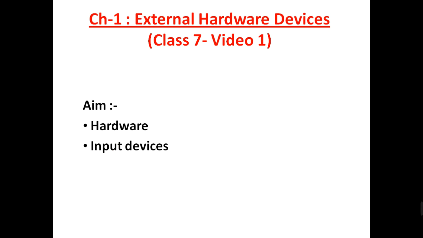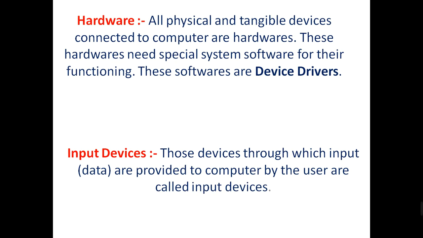You all know computer is an electronic device. It means it involves complex electronic circuit that functions on electricity. So a computer has two parts, hardware and its software. So hardware are all those tangible and physical devices that are connected to computers. So we can touch and feel all the machinery components of the computer. So those are called hardware.